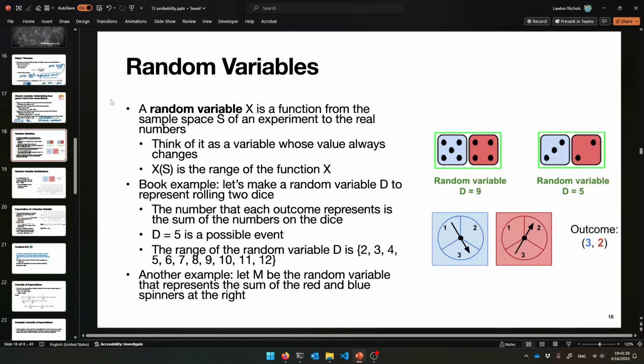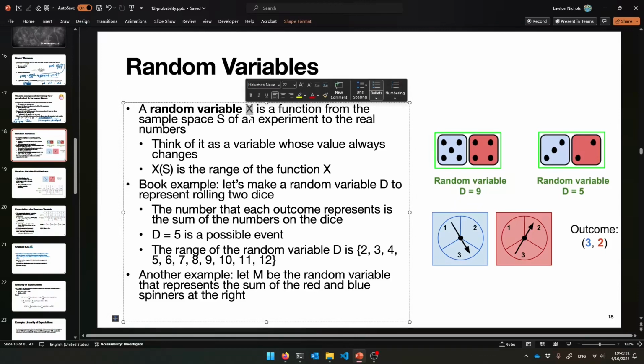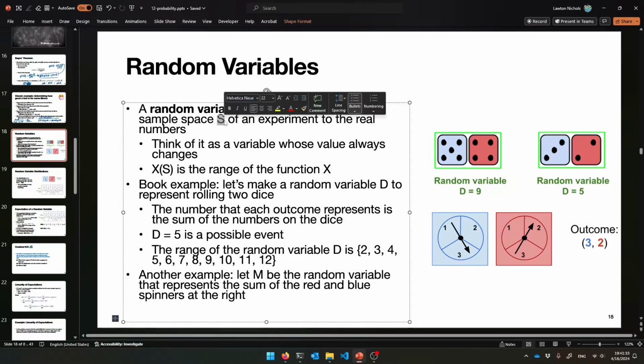Well, let's next talk about what's called a random variable. It's always a capital letter. But the letter is really short for a function. It's like X is a function from the sample space of your experiment, the possible outcomes that you could have, to the real numbers. So it's giving a number, kind of like probability almost in a sense, but at the same time it's not. It's just a number that represents something that you're trying to count, usually. So it's a function from the sample space to some number that you get to define,